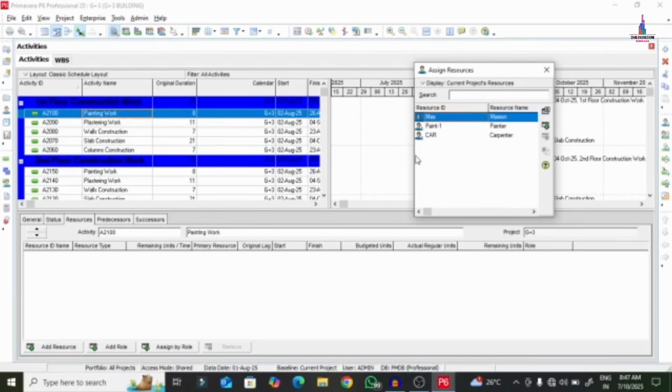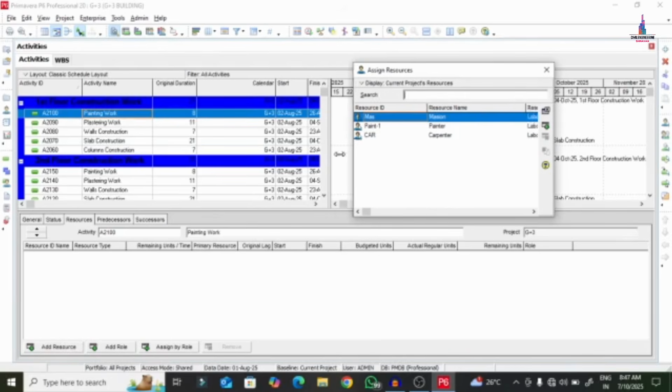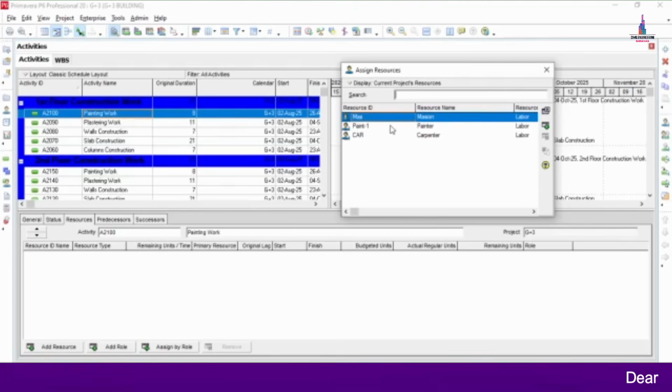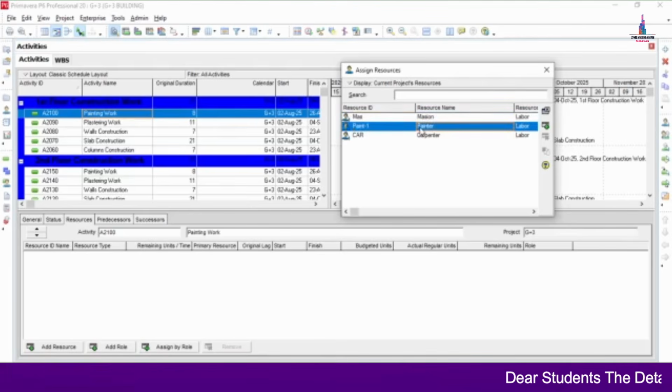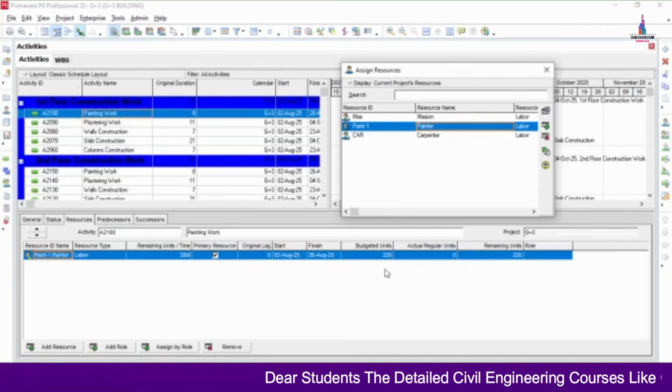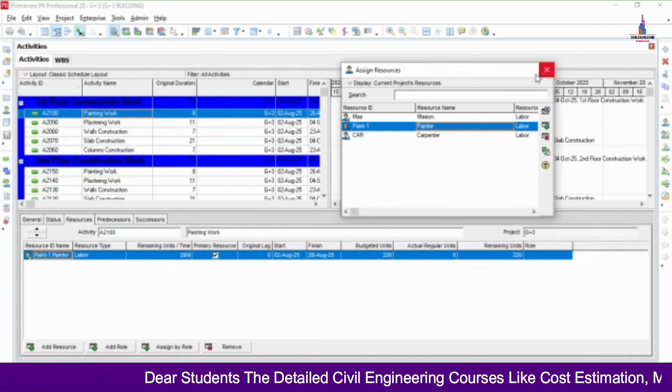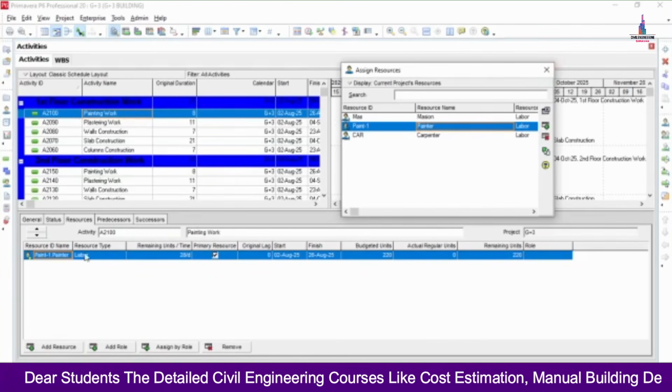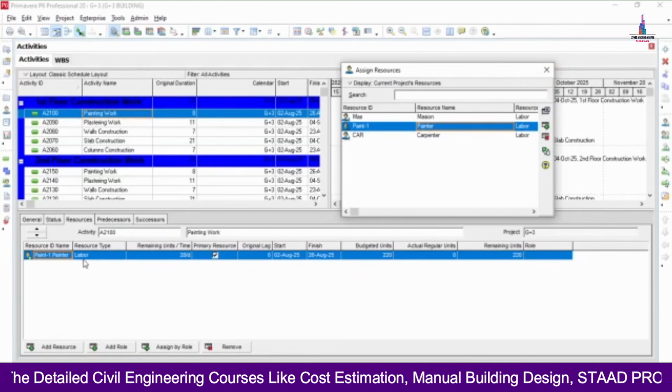Now we can see it consists of our assumed resources for the project according to consideration: mason, painter, as well as carpenter under the labor category. Here I am selecting painter, so this painting work will be done by the painter itself. You can click on this option so that it will assign the painter which is available for this particular